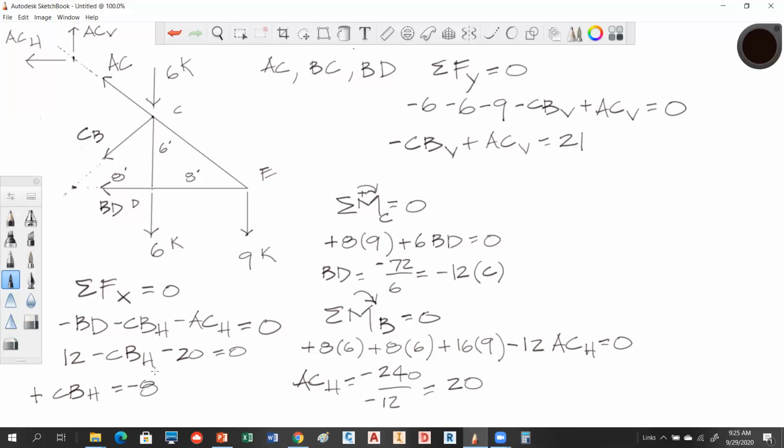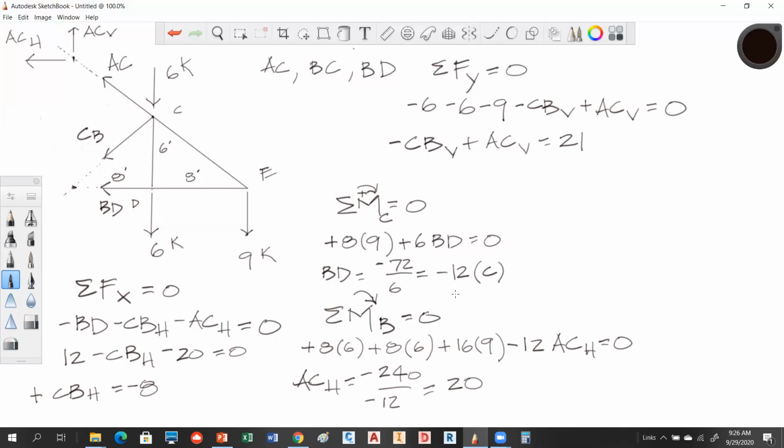Did we agree with that? Just plug these in and solve for that. You guys okay? Okay, so that tells me that CB is a compression member, AC is tension, and we already know that